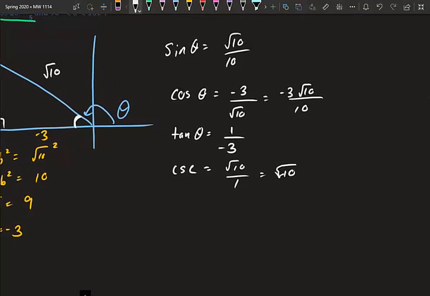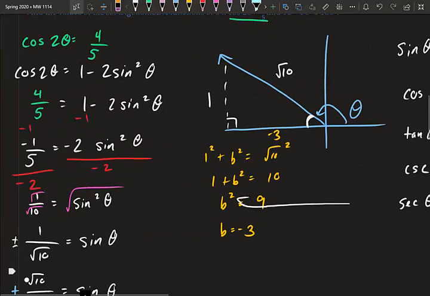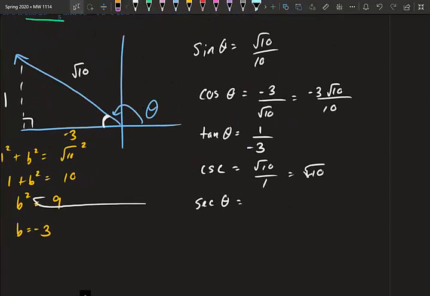Now we have our secant. So remember, secant is the reciprocal of cosine. So we're just going to flip cosine. So, my bad. When we flip cosine, we have square root of 10 over negative 3. And then we have last our cotangent. So remember, cotangent is the reciprocal of tangent. So we have negative 3 over 1